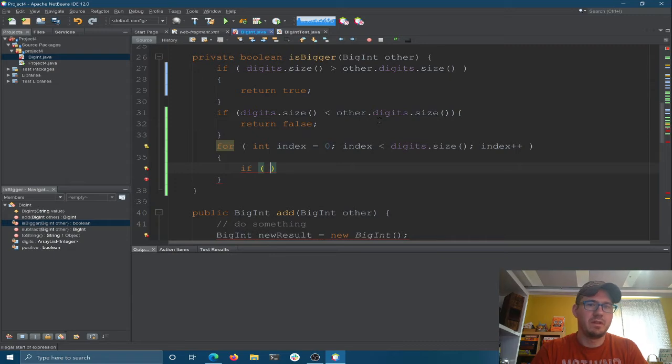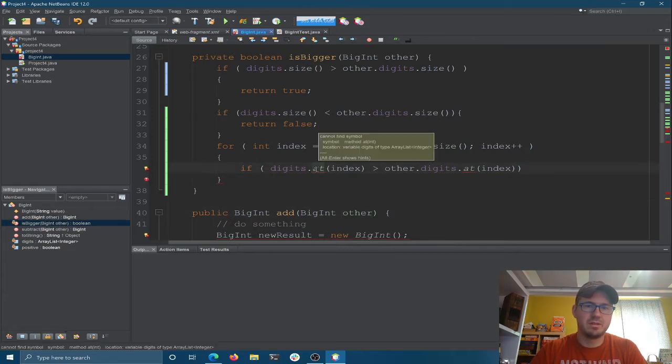So if digits at index is greater than the other digits at the index. That's too many parentheses there. Okay, if it's greater,